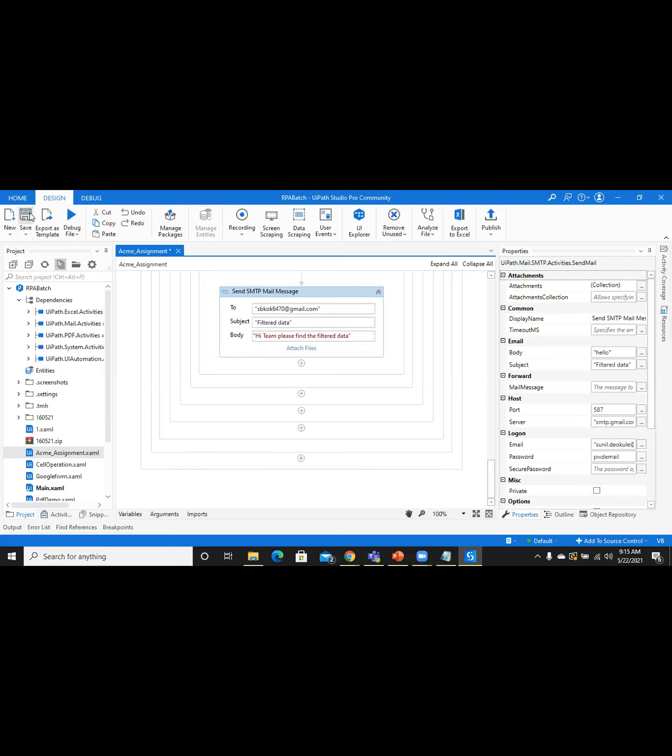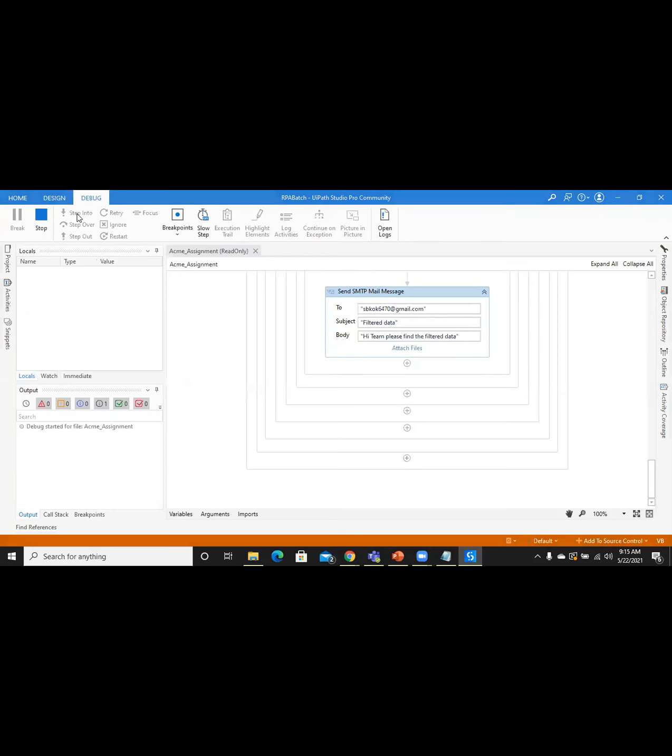Okay, fine. Let's trigger one more time so that Saurav will get the mail. Saurav, just check your email ID so that you can understand whether it's really doing the operations and sending mails to you, the end user.